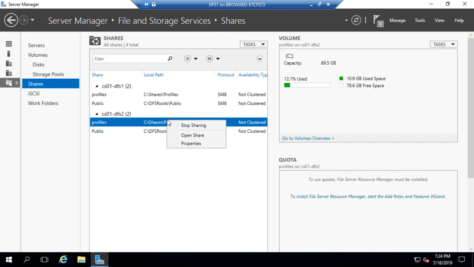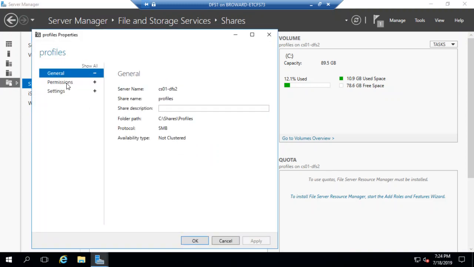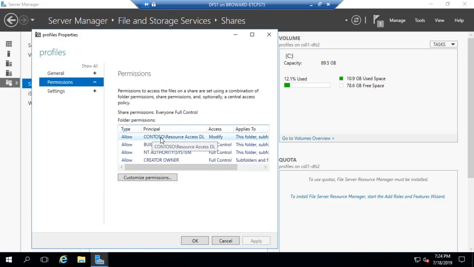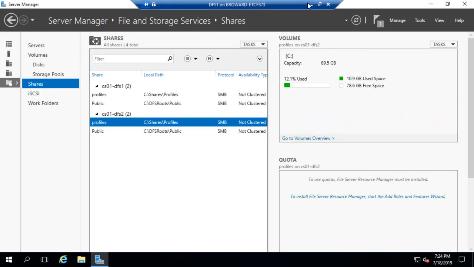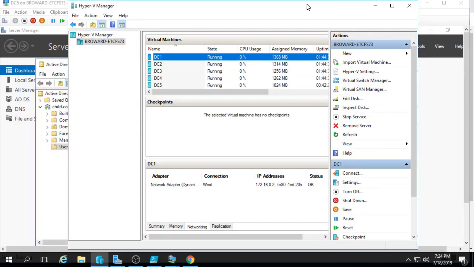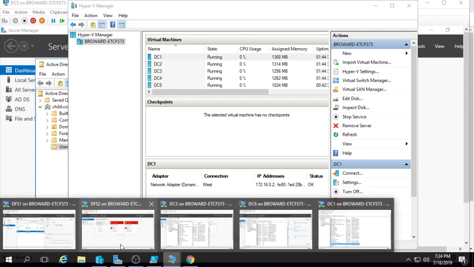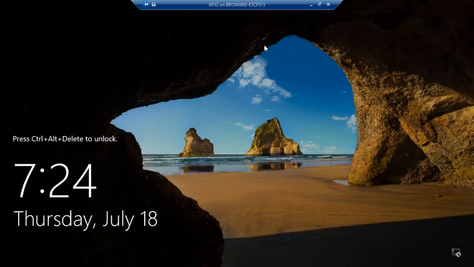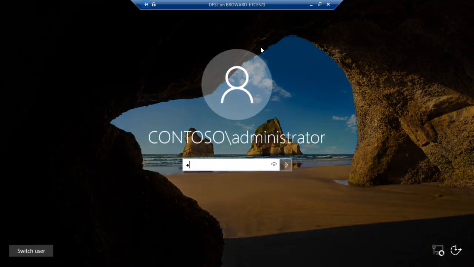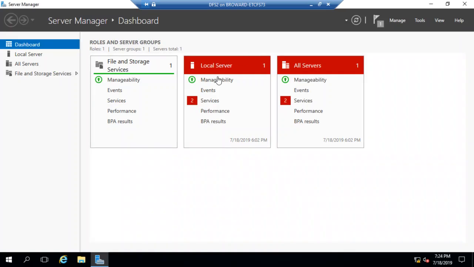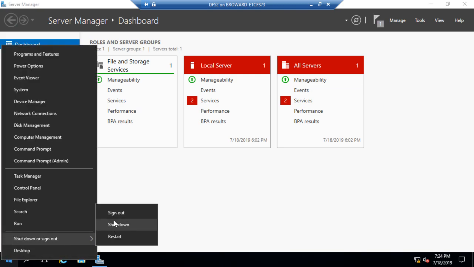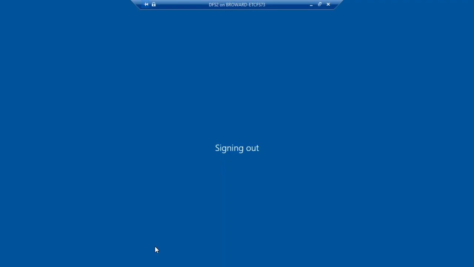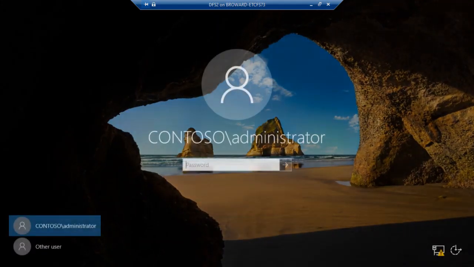Guys, eventually, that's going to get replicated down here. In fact, it already got replicated. Okay, so now, guys, I cannot sign into a DC as a non-privileged user. So I'm just going to test this out with DFS2. I'm going to log out as admin. I'm going to sign in as